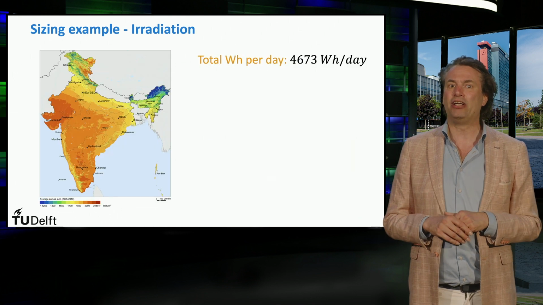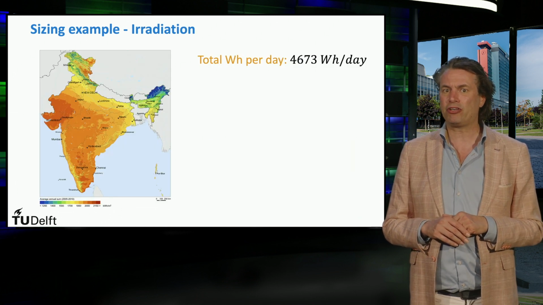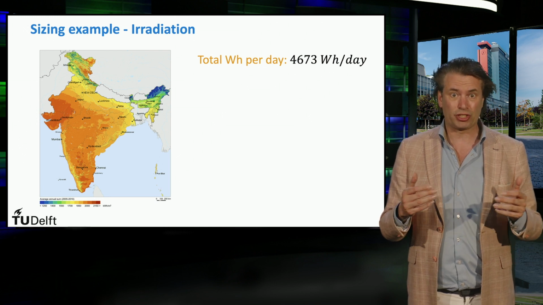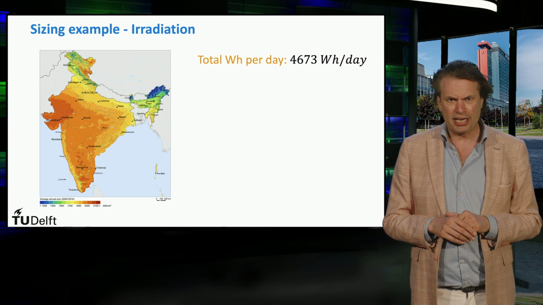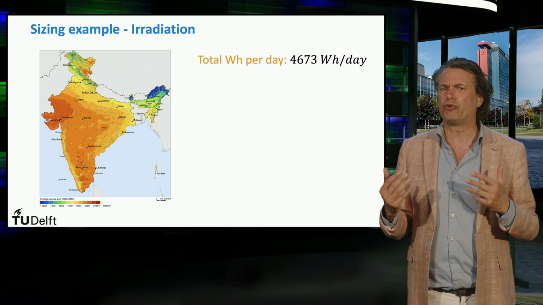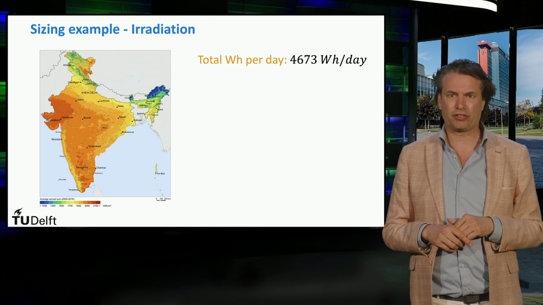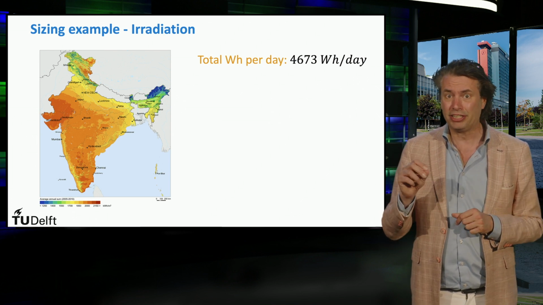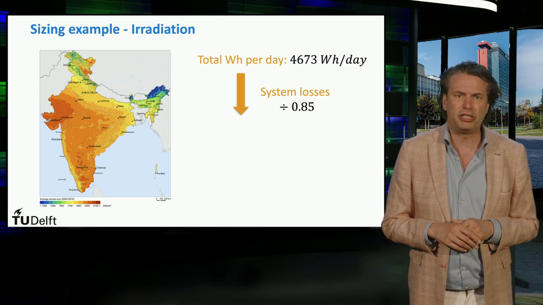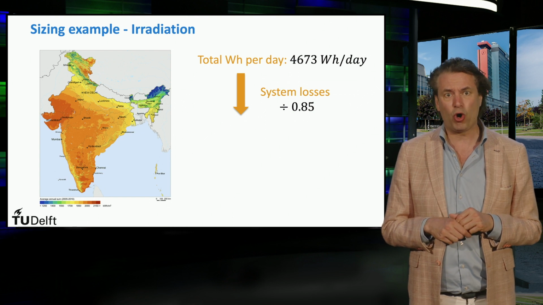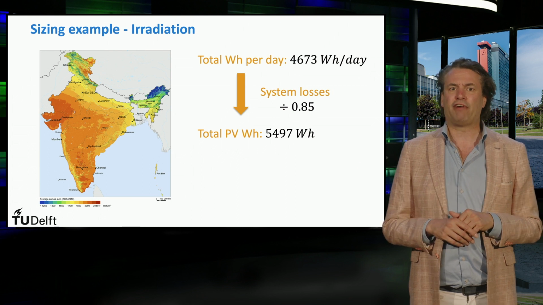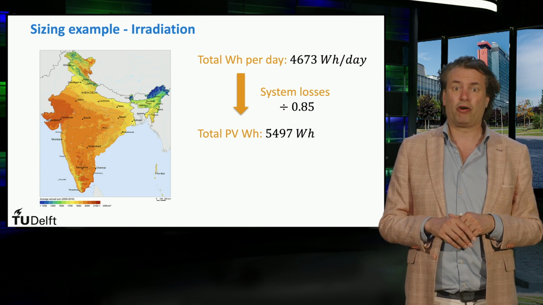The final daily load demand of the system is calculated in watt hours by correcting the value for the system losses that include cables and inverters. Here, as we're looking at a standalone system, we also have to include a rough number for the battery losses of the electricity that is stored and not directly used by the loads. Here we assume total losses to be 15%. So now we know our load energy demand per day. It is 5497 watt hours per day.